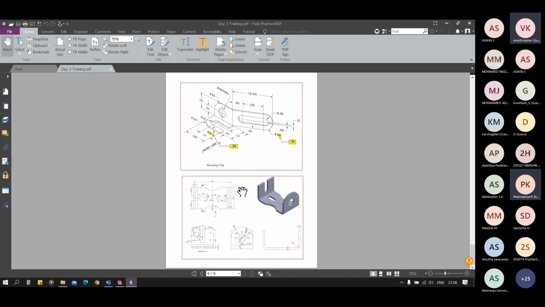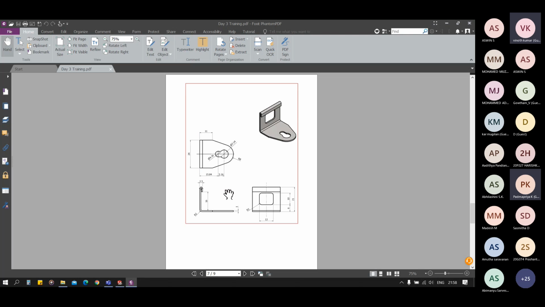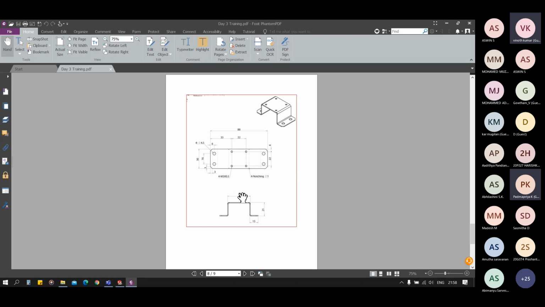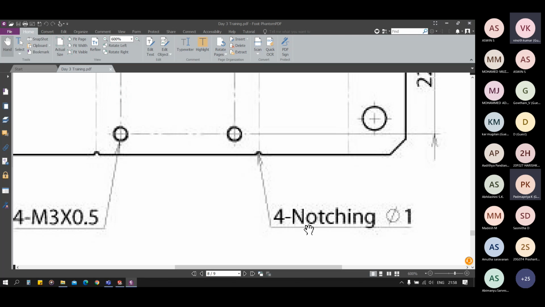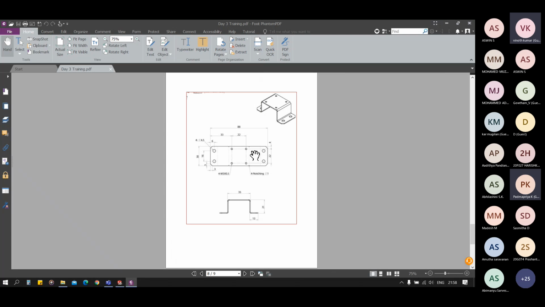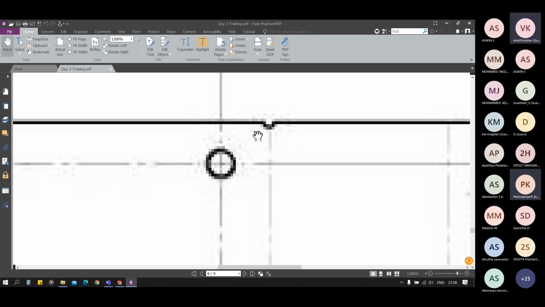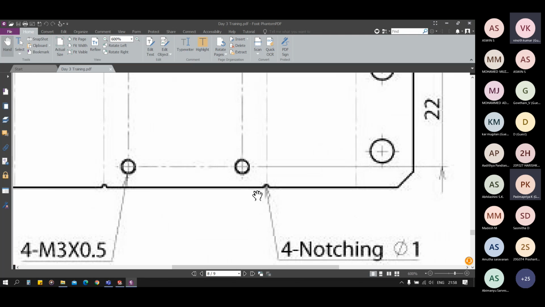In the 4th assignment, 1, 2, 3, and 4th. Okay. That means notching means it is a simple cut. There is no separate command for that. You can include it in your base flange, or you can cut extrude using a diameter of 1.